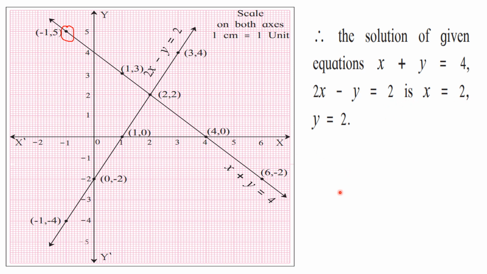Okay. So in this way you have to solve the graphical method. Don't forget to write down scale. Don't forget to write down the equations. Then also you have to put arrowheads, since these are lines. So all these things you have to note very carefully. Now see here, they have written the coordinates also, but it is not compulsory to write down the coordinates here. Only you have to write for point of intersection. Okay, so like here you can ignore writing this in bracket, but if you write, then it is better. Okay, so in this way we are going to use the graphical method.